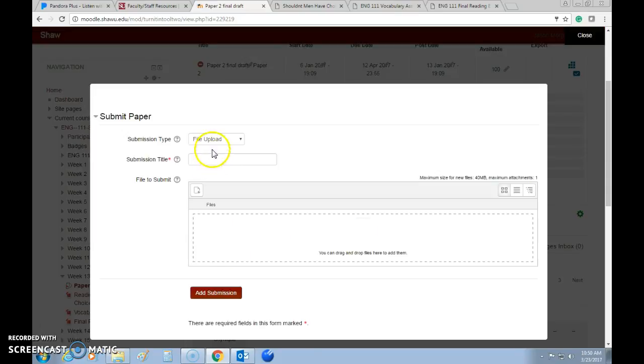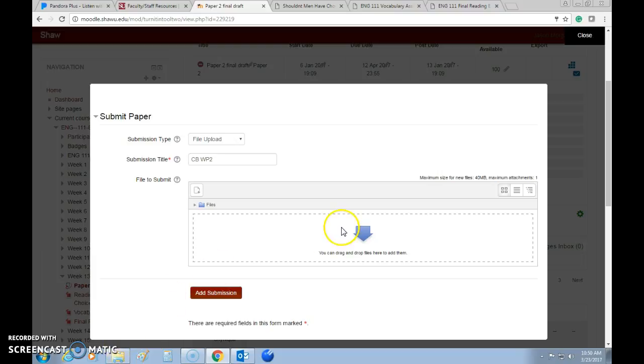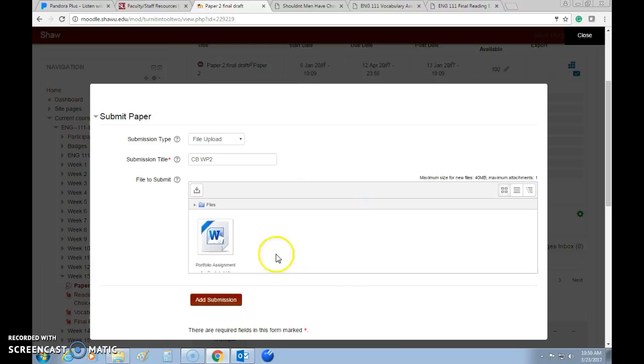little button, and you upload the file, and we'll give it a name, CV, Project 2. Okay. Now, you can either click on this box right here and find the file on your computer, which you're going to upload, or you can just drag and drop it. So let's say we're just going to drag and drop it. Pow. And then you hit Submit. Okay. Now, after you've hit Add Submission, it will give you a digital receipt saying that, hey, you have submitted your paper and all is well. Okay? So I'm not going to actually submit it because I don't want to anyway, but you get the point.